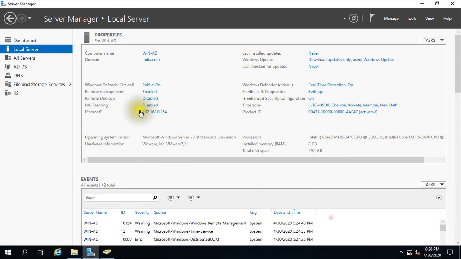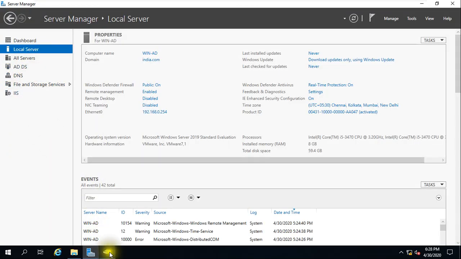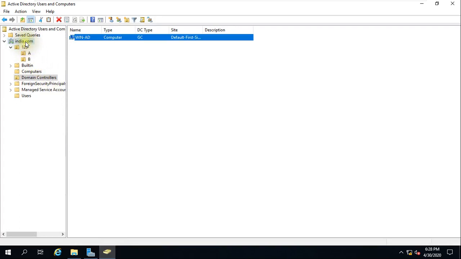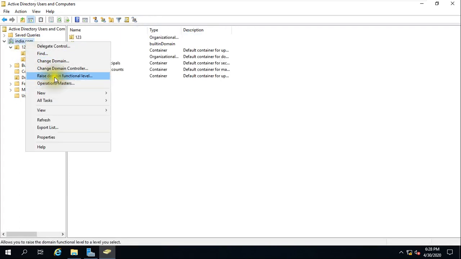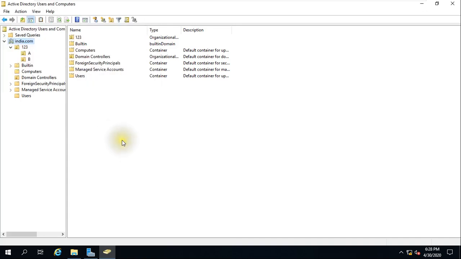you can go here to Active Directory Users and Computers, just right click on this and see here, Raise Domain Functional Level. As of now you can see 2016 it is showing, and I'm using operating system 2019, so you will have the option to use 2012 also or a lower version, but better you use 2016 only, upgraded, so you may not need to change it again and again.